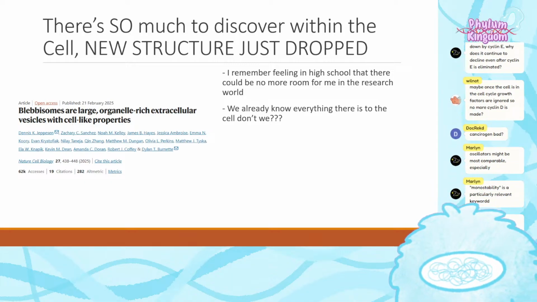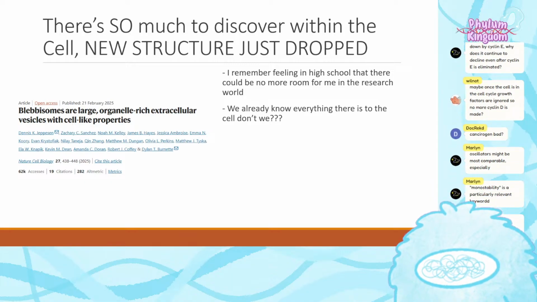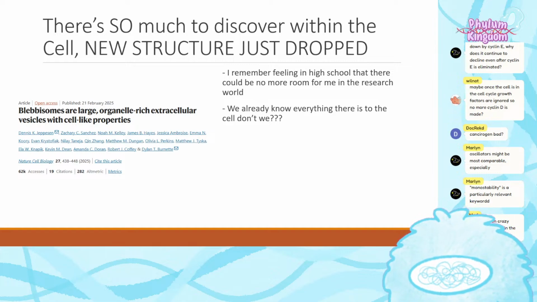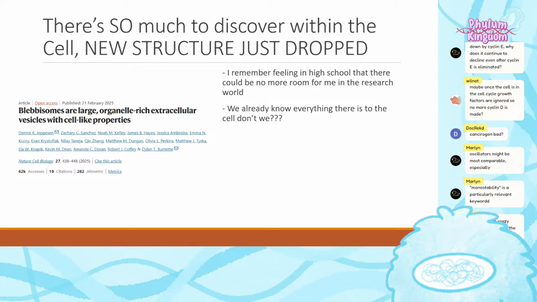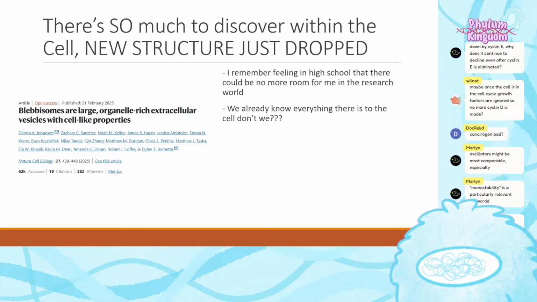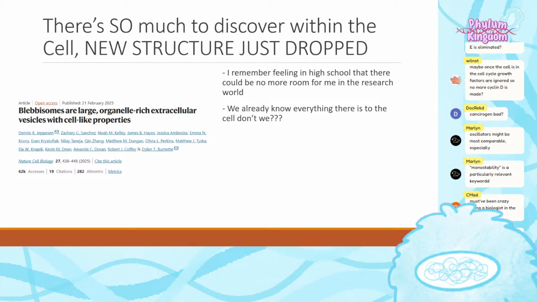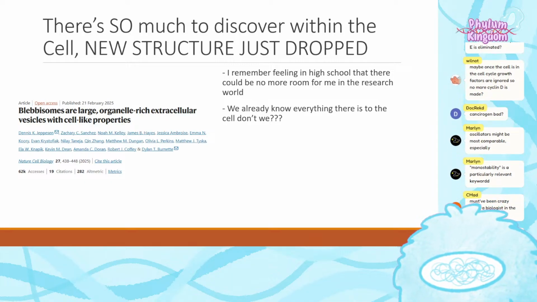Must have been crazy being a biologist in the 70s to 80s. I think it must have been crazy to be a biologist anytime after the 50s, honestly. Well, I mean, I have bias, right? I'm not an animal person. I'm a cell and molecular biologist. So I think that from the birth of molecular biology, arguably in the 30s to 40s, from then on, it's just been a nonstop, screaming developmental process of figuring out things about the cell.